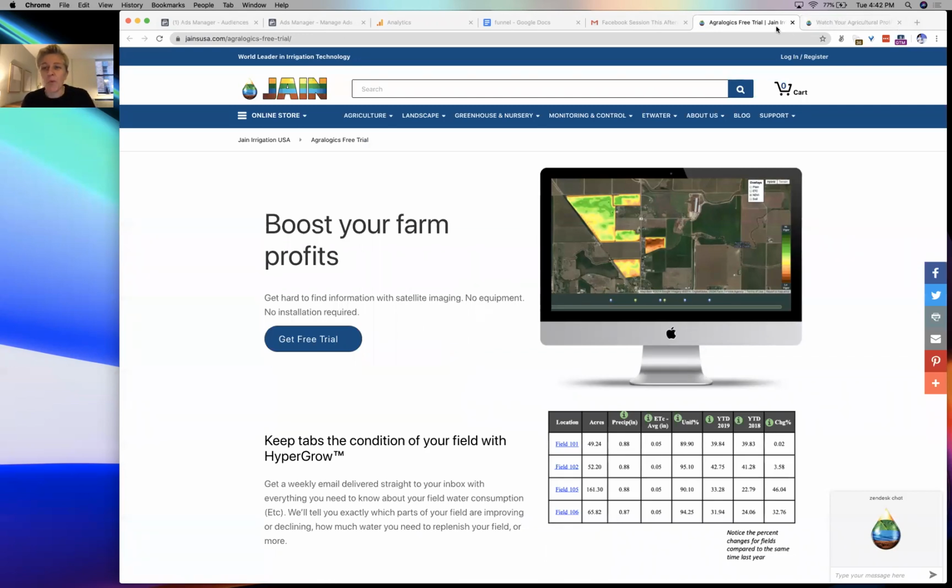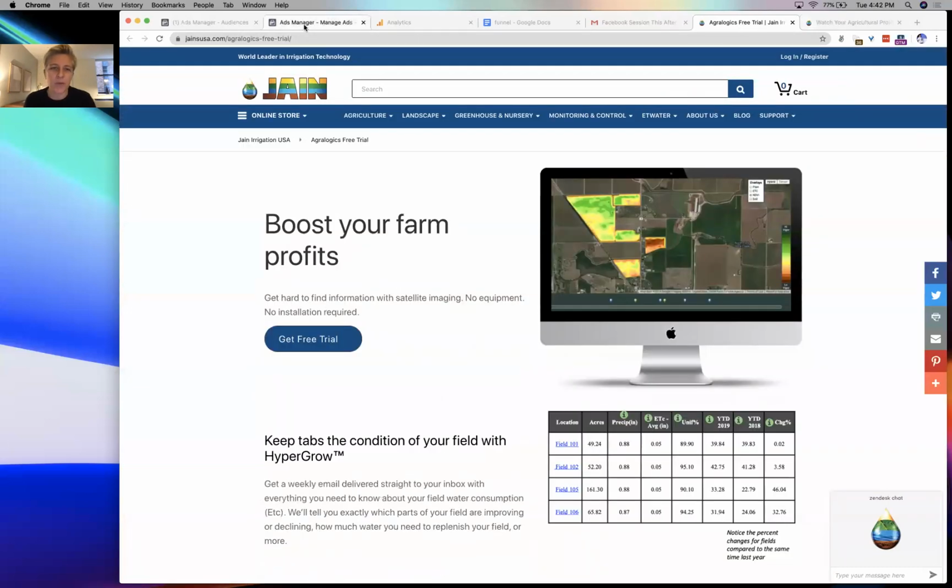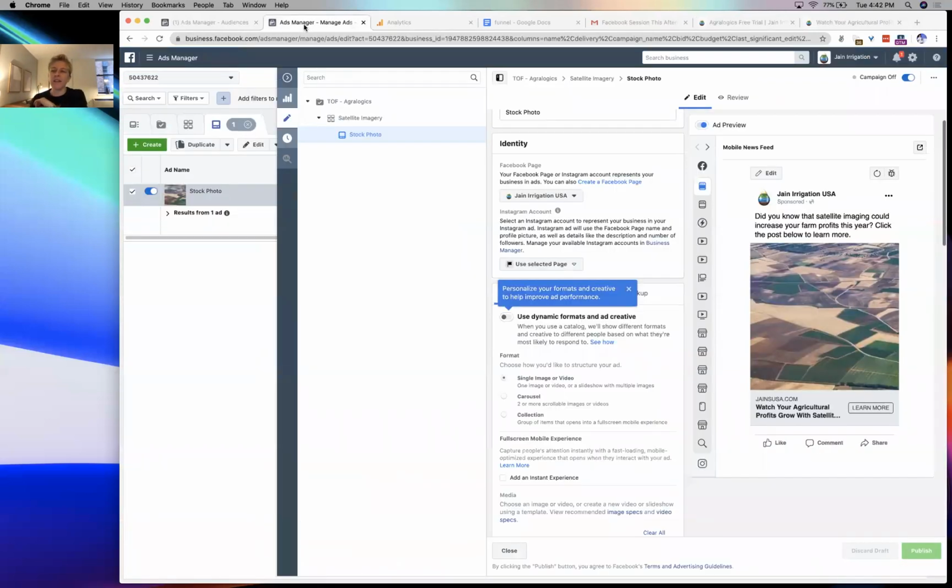Excellent. So yeah, we'll add that tracking, and you can also play with this page over the course of this week, and I'll film how I added the tracking. But for now, let's create these. Right now we have this one ad, and we want to create probably 2 more minimum, but ideally 4 more variations on this ad that are going to bring people to this AgriLogic free trial or this blog post, give them information, and really make them feel like they understand the value. So I'll just review